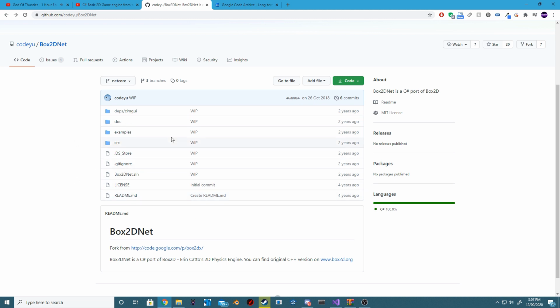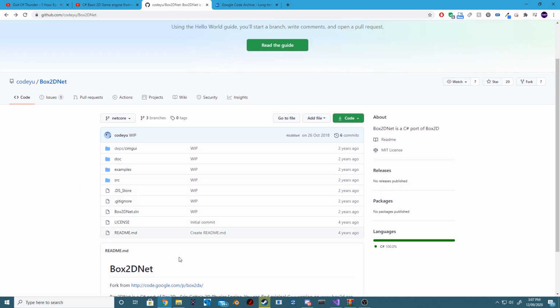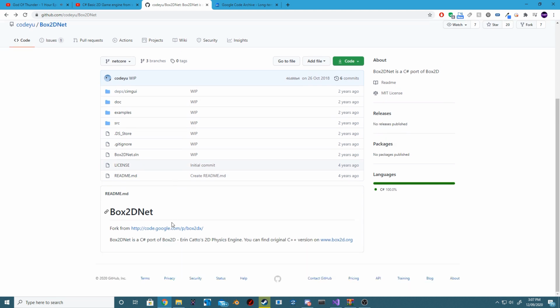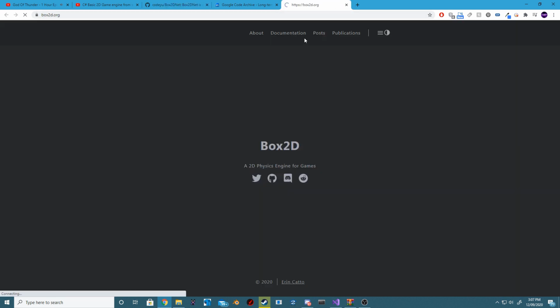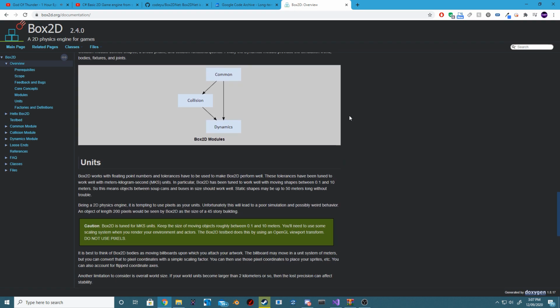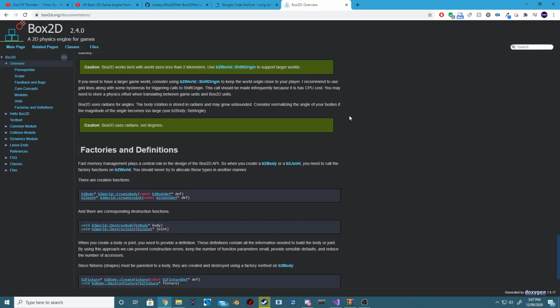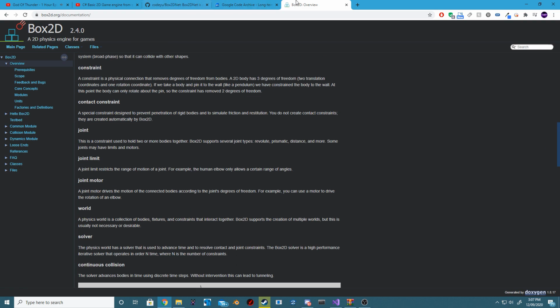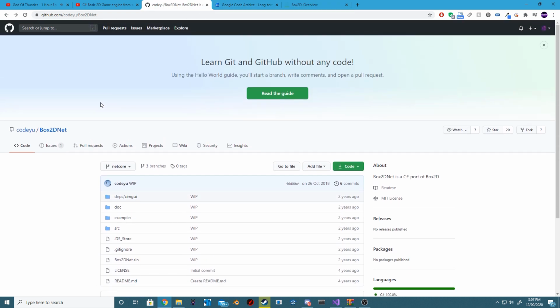Box2D. Now, this is kind of a wrapper for the actual Box2D, as Box2D is a C++ library. So you can come in here and read all the C++ documentation. It's actually very well documented. But what we're going to do for our needs, go to this GitHub, I will put it in the description,